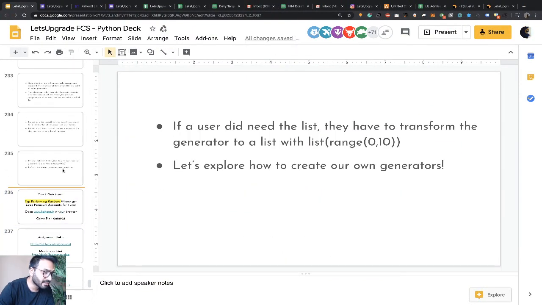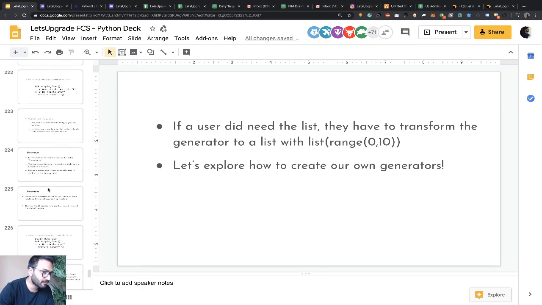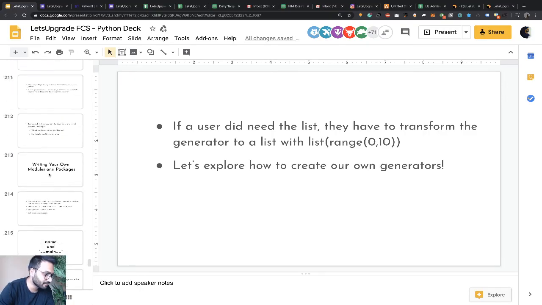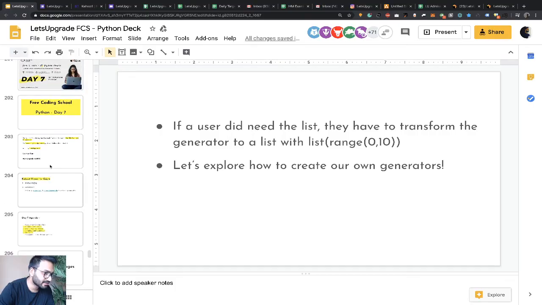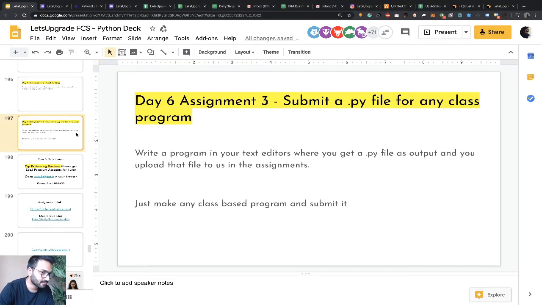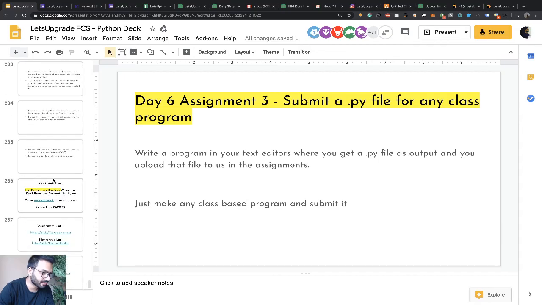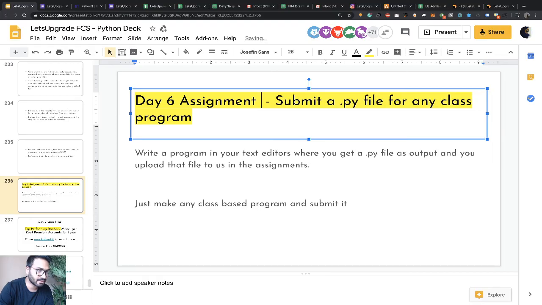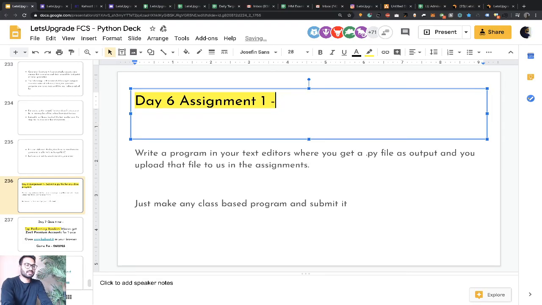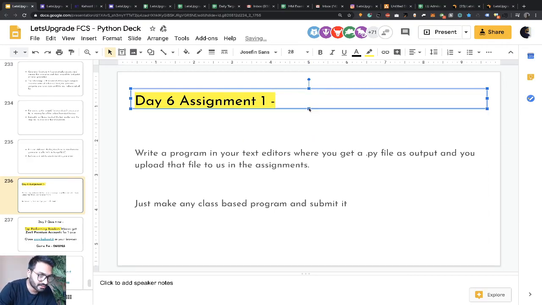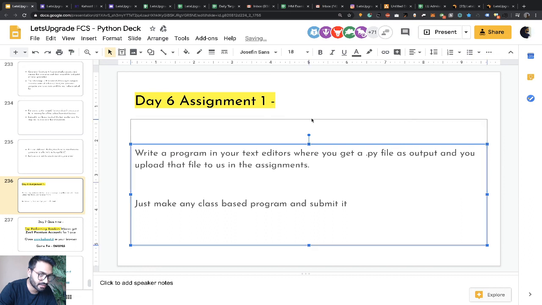Okay, just one more thing, guys, before going to the game: today's assignment. There are two assignments for today, right? Assignment 1. Let me write down the assignment right now with you all here itself. So the assignment for today, you guys, is